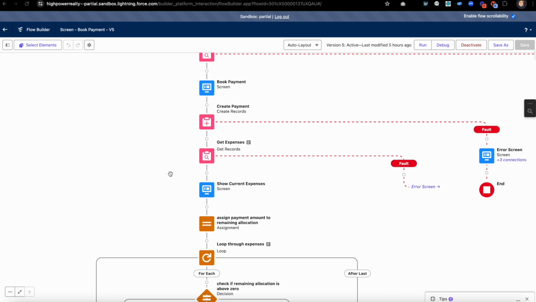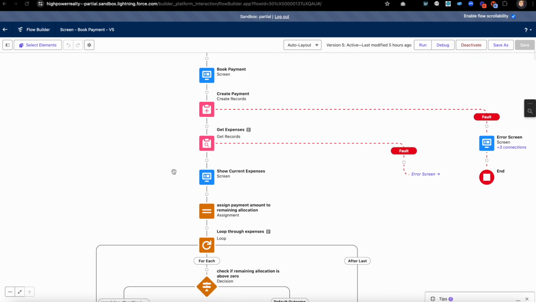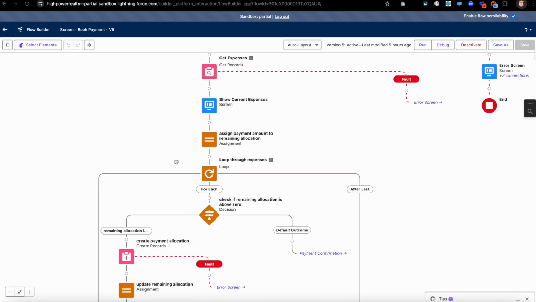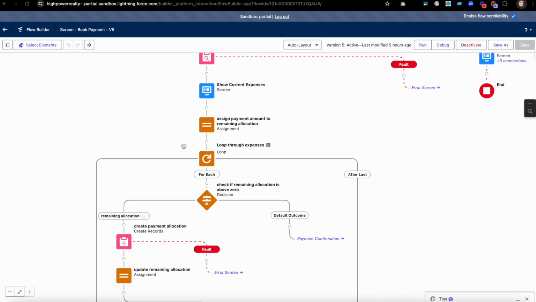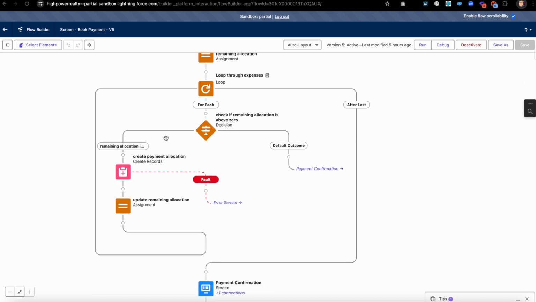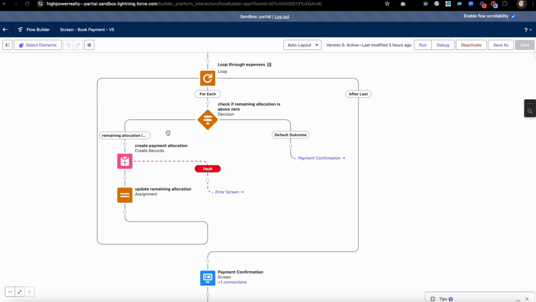We create the payment. We get expenses, and we show them in a data table, and then we will assign payment amounts to the remaining allocation. So there's a loop that takes place. We have to take the payment amount and we have to deduct it as it goes through the loop at each expense. So as it gets applied to an expense, we want to reduce that payment amount according to how it gets applied to those expenses. It sounds a little bit more difficult than it is, but